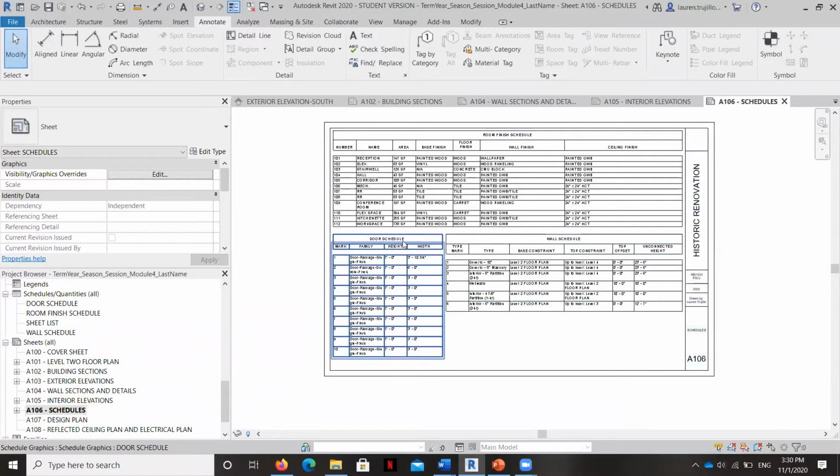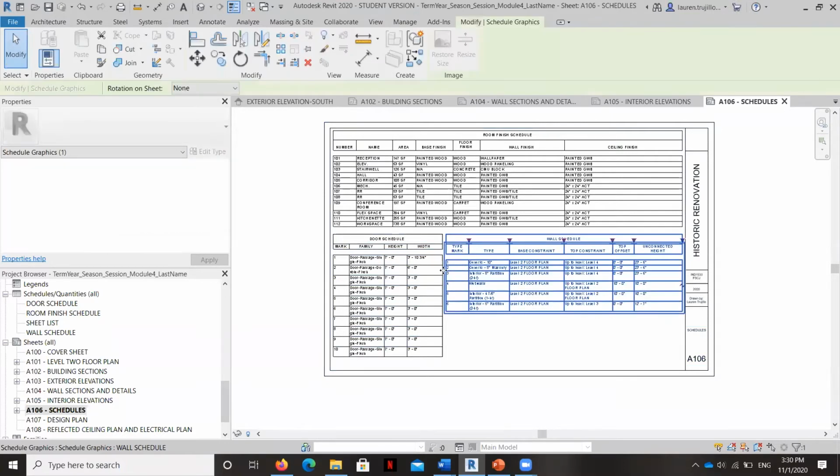Okay, so I've adjusted the door and wall schedules just a little bit here, both by making the columns a slightly different width. And then here I was able to delete one of the base offset columns and was able to go to the schedule.